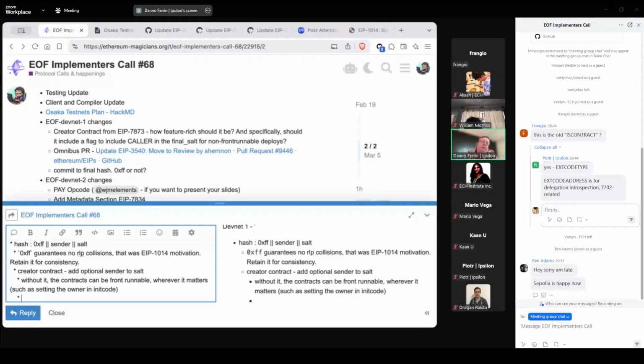And you might use TX origin to set your contract owner too, which is something an audit would flag, but somebody's going to do it and blame us. No, in that case, I think it's already kind of widely understood that TX origin is bad. So I'm less concerned about that.